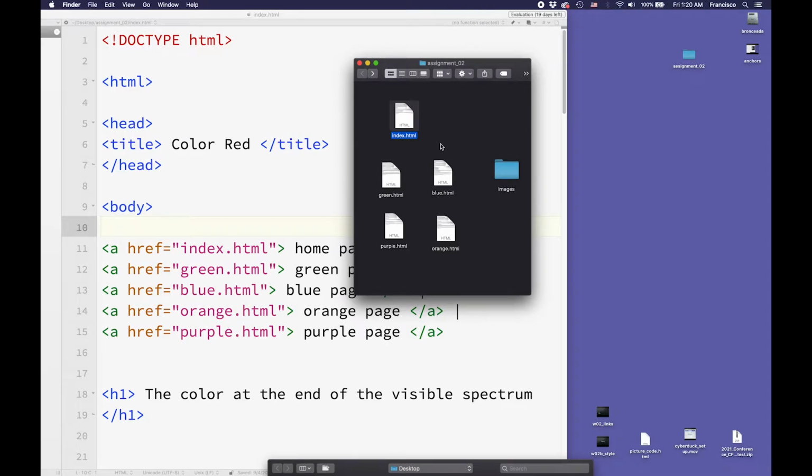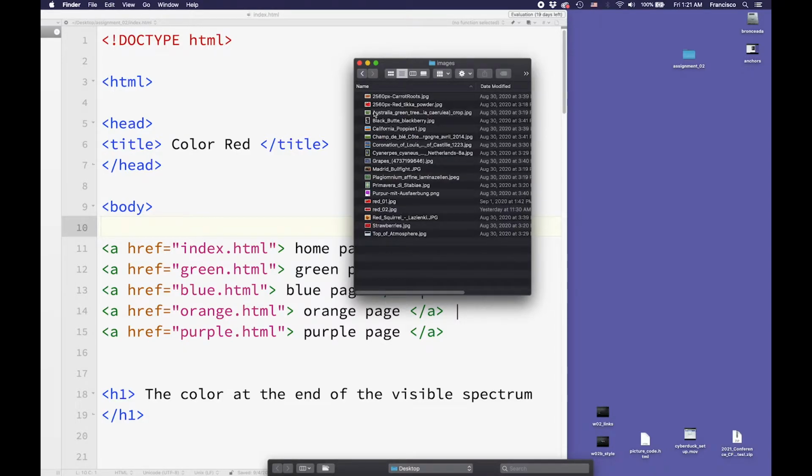Linking images to your file. The same way that we organize our files to create our navigation, we need to organize our images. The main thing that you're going to do is create a folder and call that folder images. Inside of that folder, we're going to have all the images that we are going to use and connect to